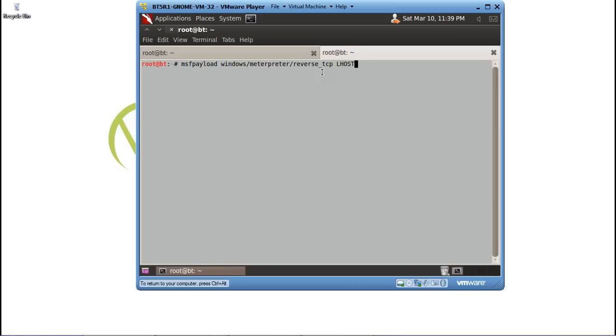Again we need to set the LHOST to 192.168.36.129. This is the IP address of the attacker's machine which wants to listen. Next is the LPORT, the same as we gave earlier.